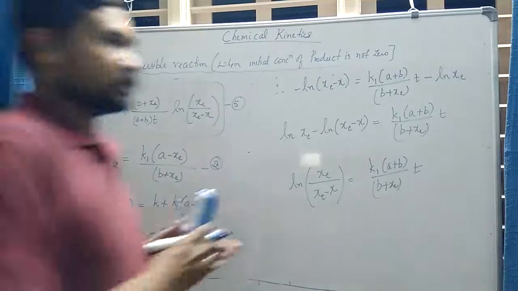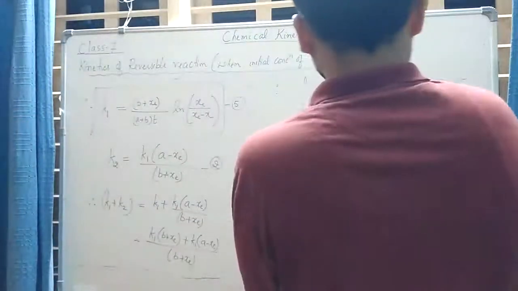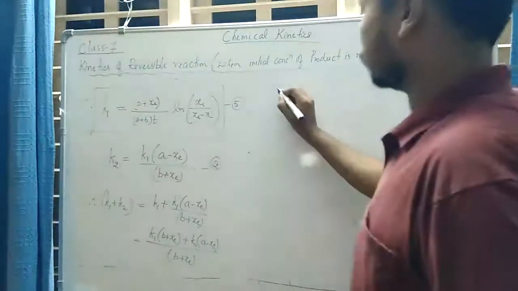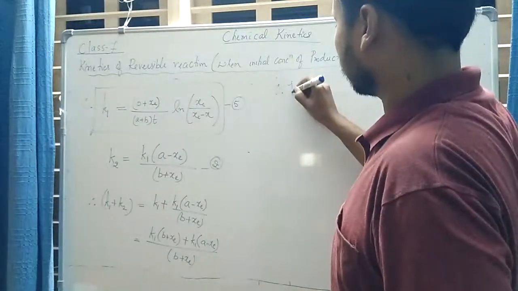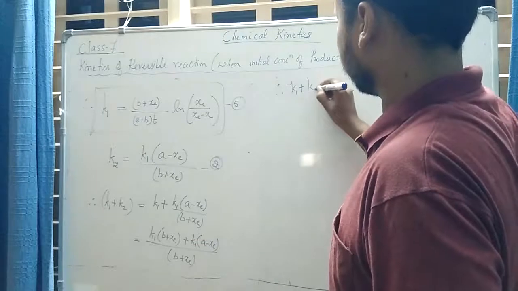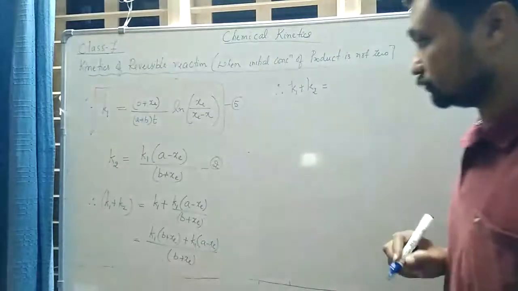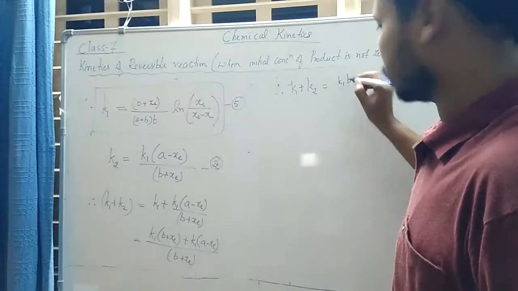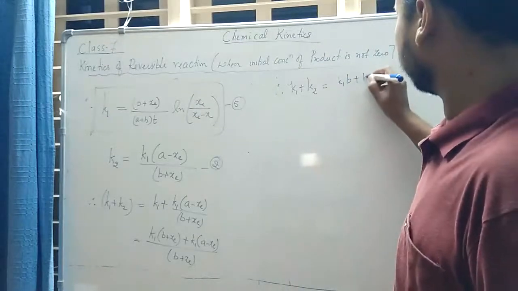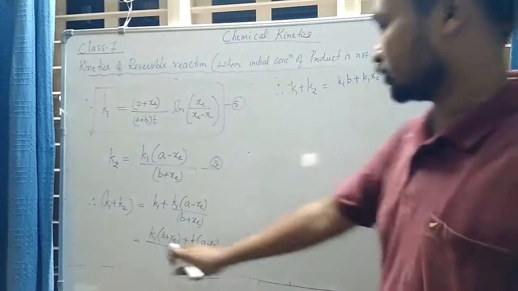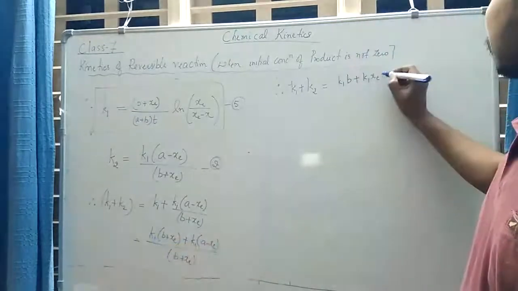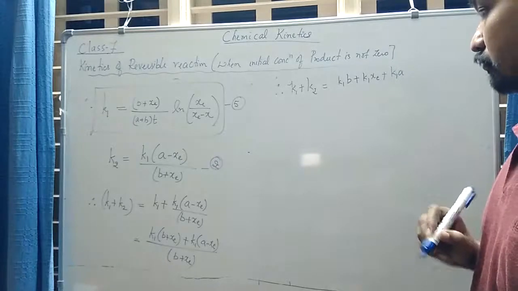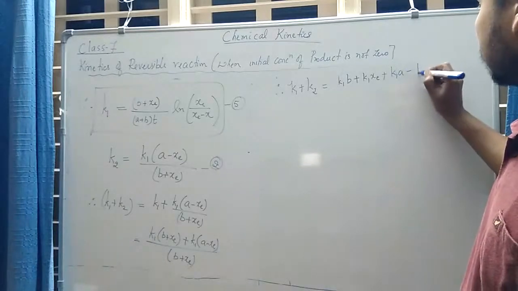Okay, so if I simplify the numerator, k1 plus k2 is equal to k1 into b plus k1 into xe, okay, this term, plus k1 into a minus k1,